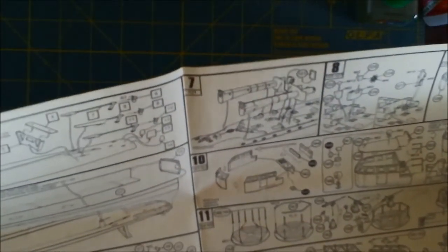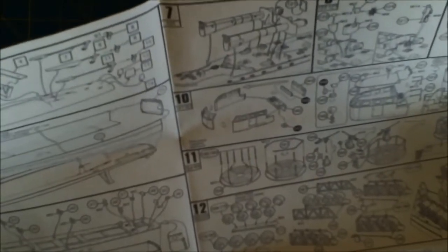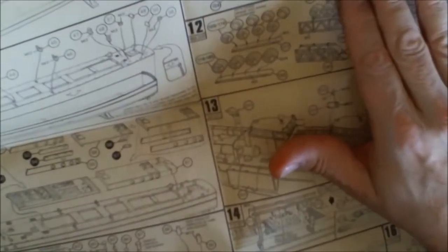Sometimes that tells you where to put the figures. I'm not sure. 2 of the figures are just standing with their hands kind of halfway elevated at their sides. It looks kind of creepy. I don't know. Maybe there's a way to pose them, but it looks like normally they'd be leaning on a rail or something like that, but I don't see it. But it has mounting the guns,